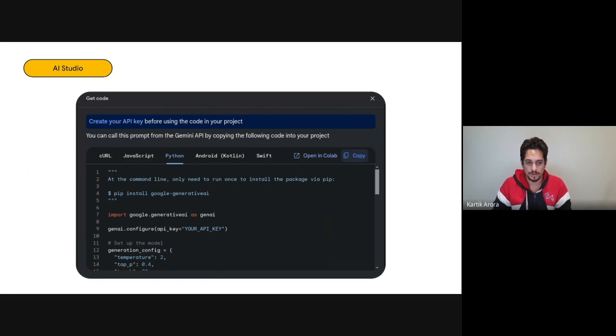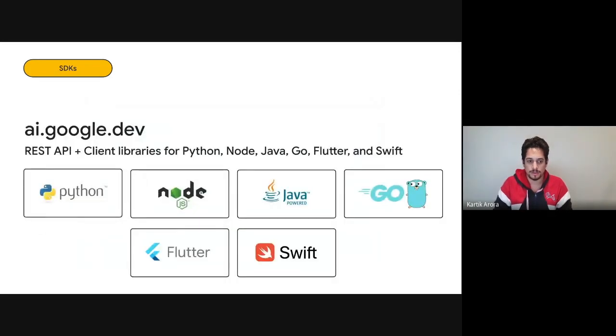Once you click that, you've got options across multiple languages: Perl, JavaScript, Python, Kotlin using Android, and Swift is there in the example. But since the creation of Gemini Studio, we've got support for Flutter and Go as dedicated SDKs as well. So we've got SDKs for Python, JS, Swift, Java, Go, and Flutter. Beyond that, you can use a REST API. For this presentation, I'm mostly going to use the Python SDK for examples, but anything covered here is possible through other SDKs as well as the REST API itself.